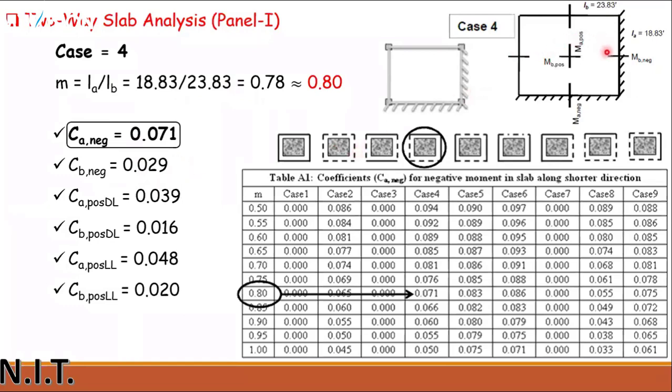Exactly it is 20 feet and 25 feet, but at the center this is actually the